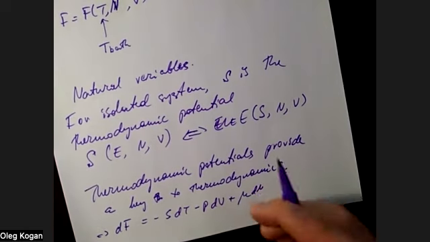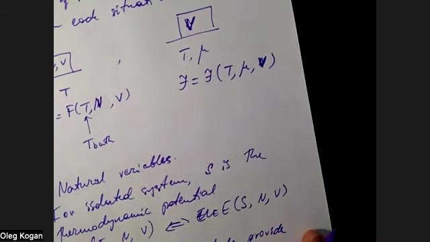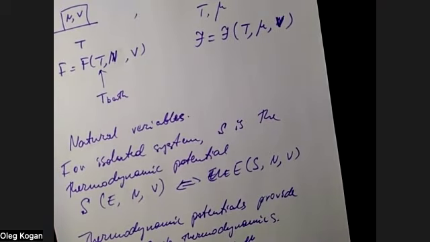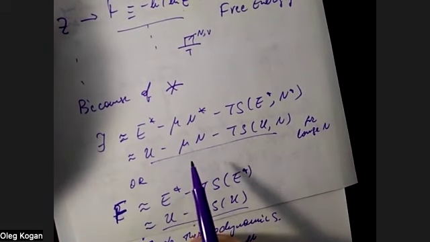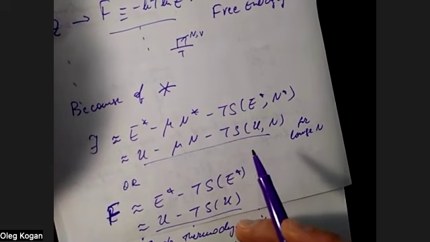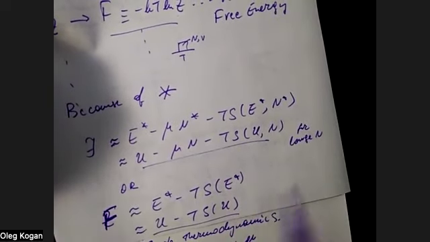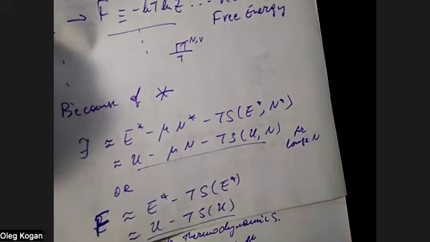And when we look at the next thermodynamic potential, for example, this one, you take a total differential of this, it will be dU minus mu dN minus N d mu. We did it today. Minus T dS minus S dT. And we know what dS is from our study of isolated system. And then when we plug things in,